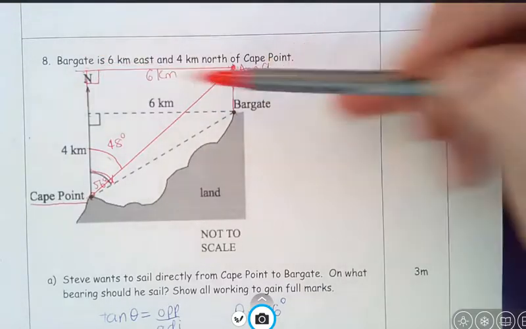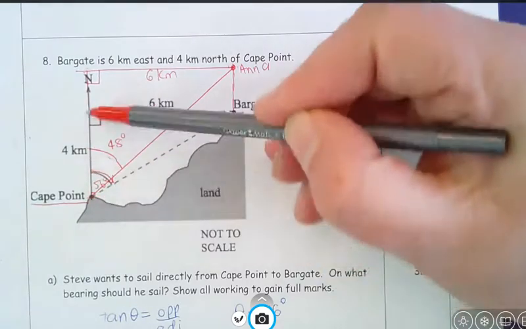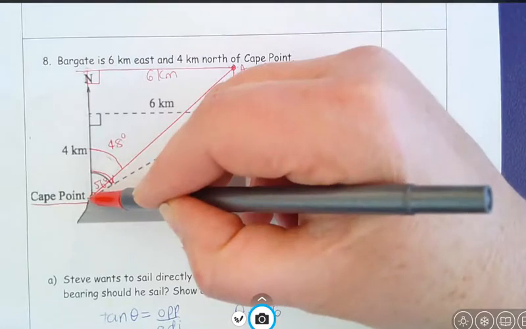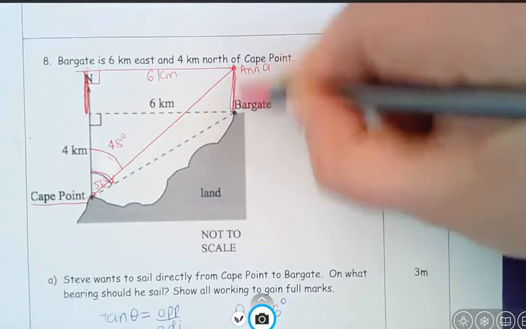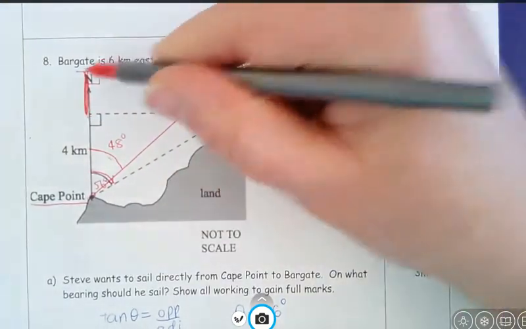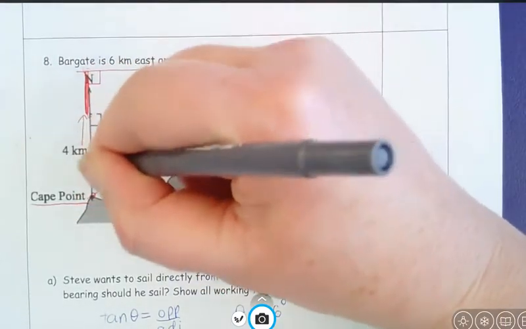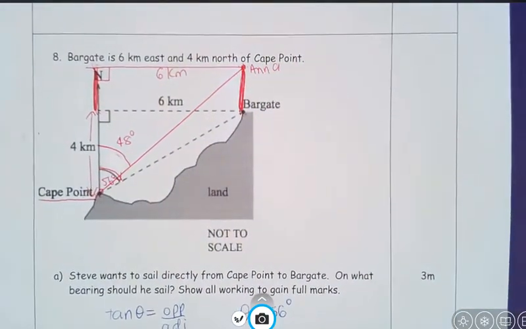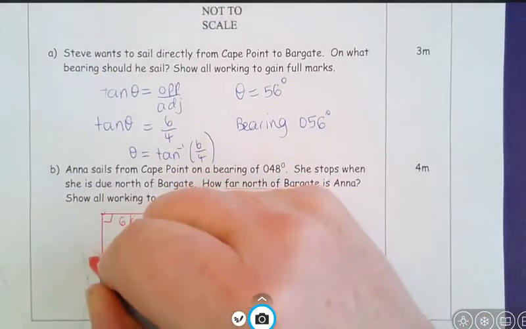But remember, this distance is really this distance over here. So I know that this bit is 4 kilometers, but if I find this whole side here, I can then subtract 4 kilometers to find this bit. That's really what I want. I know I want this bit here that I'm marking, but that is the same length as this bit because this is a rectangle up here. So if I find the length of this whole side, because from there to there is 4 kilometers, I'll then be able to subtract 4 kilometers from there. Okay? All right, so coming down here, I'm just going to put this as D